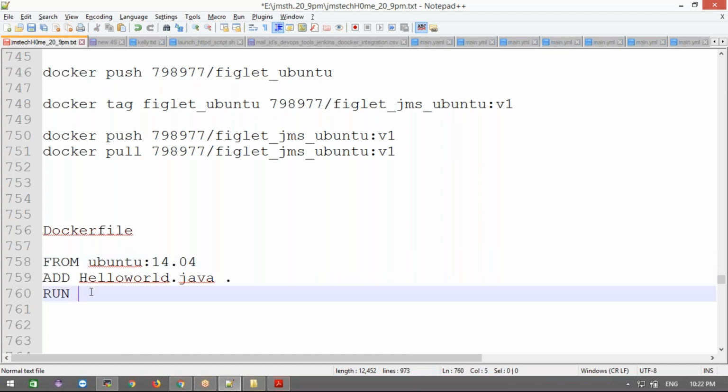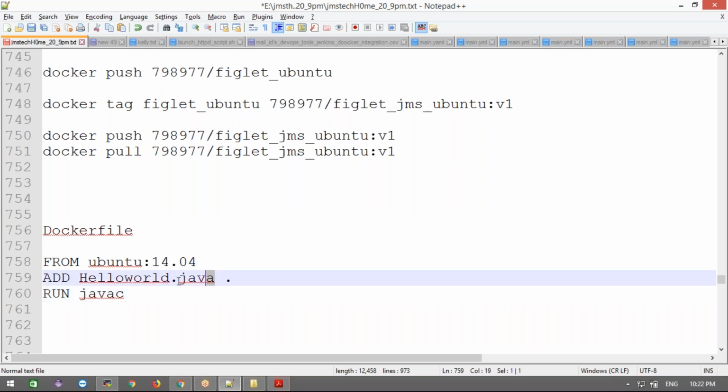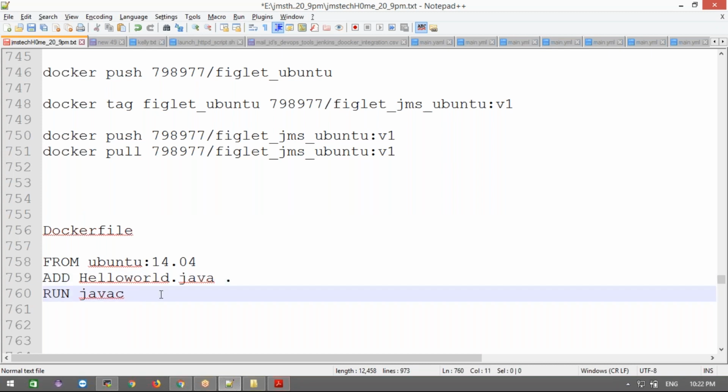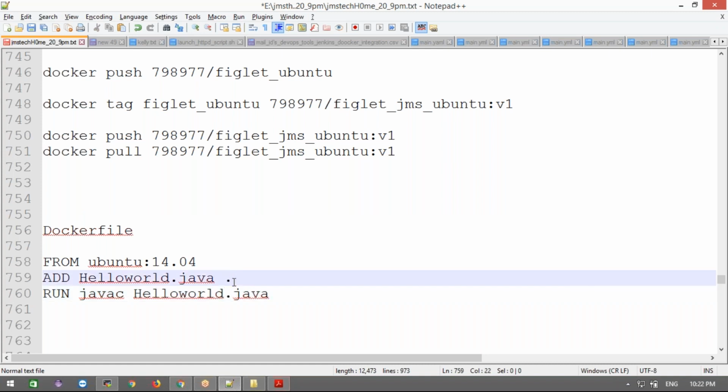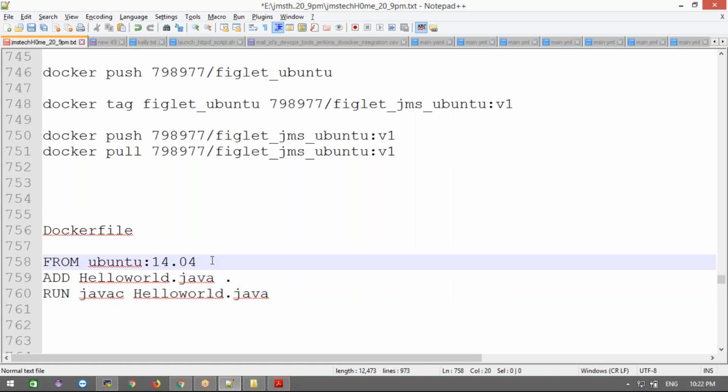Now here, if you want to run this Java class, what do we need to do? We provide the javac command, and then this is my class name, right? It will work on the current path wherever it is. That current path it will search and get it. If you are providing any other path, we need to provide the working directory, which works like a CD command. We'll discuss that later on.